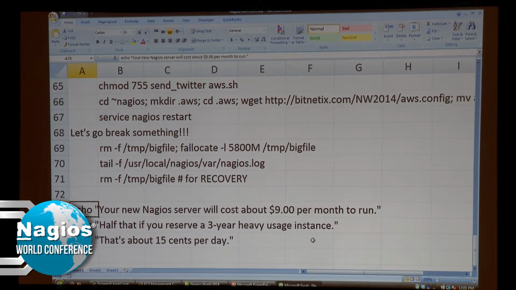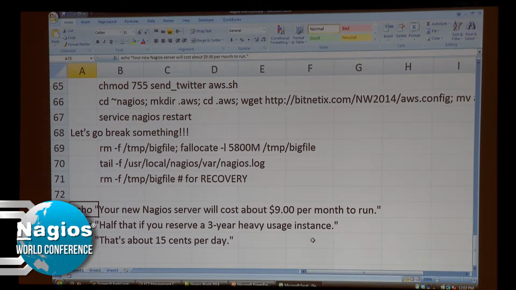They talk in terms of hours. So it's usually based on, is it going to be up for 1,000 hours a month, or 2,000 hours, or 7,500 hours a month, which is about a month's worth of hours. So if you said you needed a reserved, heavy usage instance, you're going to get the cheapest possible rate. And then if you say, I need it for 3 years, and commit to that 3-year term,